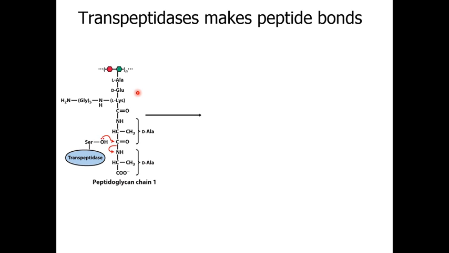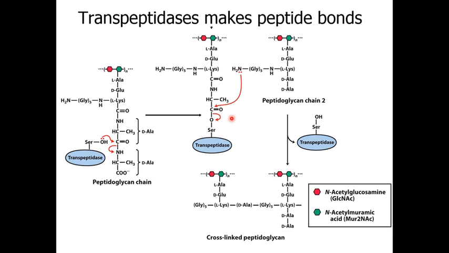Transpeptidase, an enzyme, uses a serine residue in its active site, and it first forms an acyl enzyme intermediate by attacking this carbonyl carbon of the penultimate D-alanine in this peptide. This results in the release of the terminal D-alanine, resulting in the formation of an acyl enzyme intermediate. Now, this acyl enzyme intermediate is then attacked by